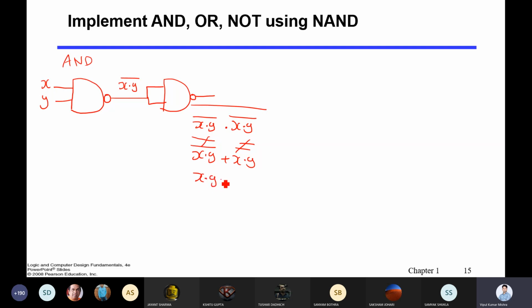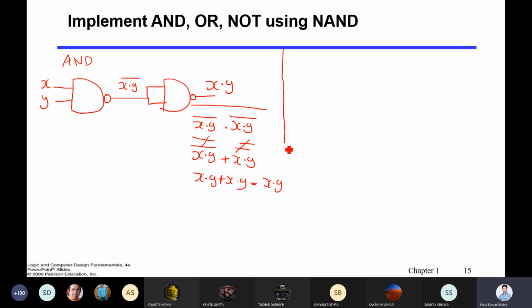You'll get X dot Y plus X dot Y, and ultimately you will get X dot Y. This is how you can prove it. So using two NAND gates, you can represent an AND gate.